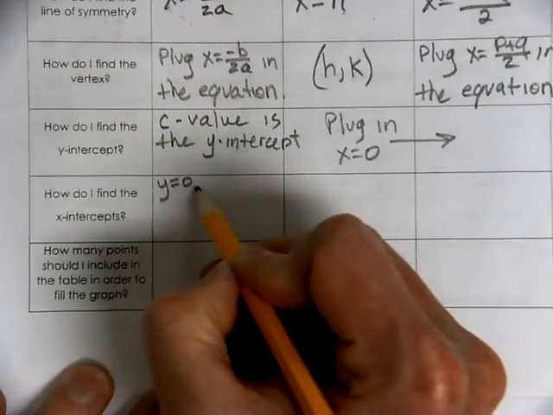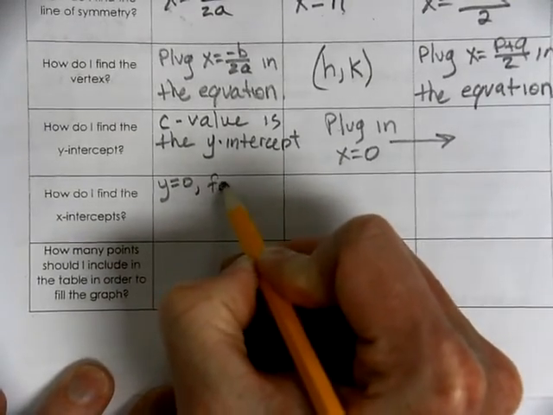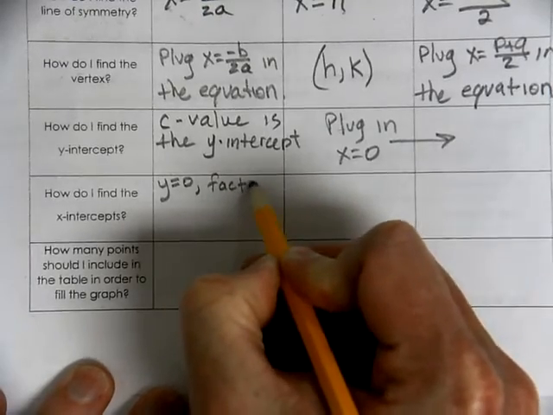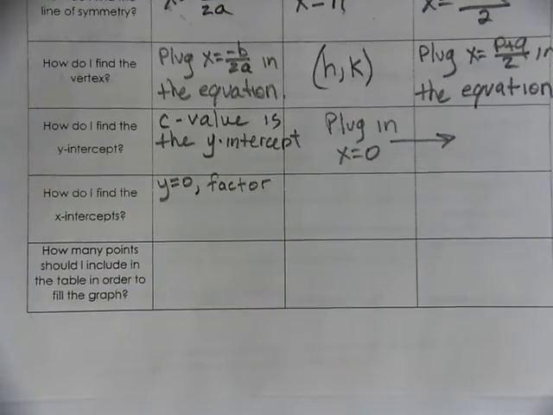And when you do that, you're going to need to factor. Typically, we factor. We can use quadratic formula. We can use completing the square. But we factor